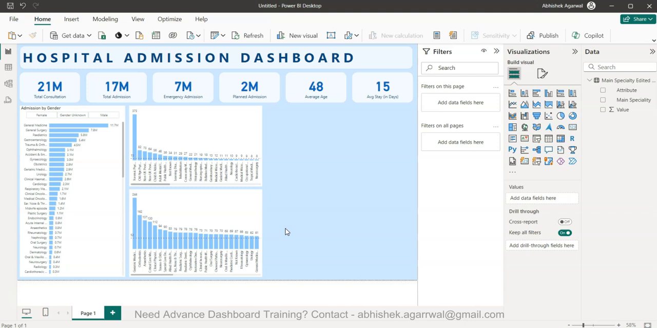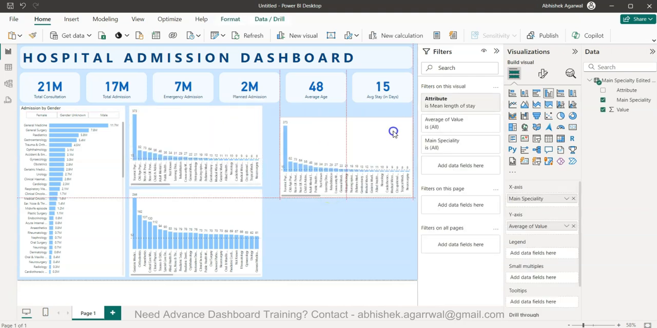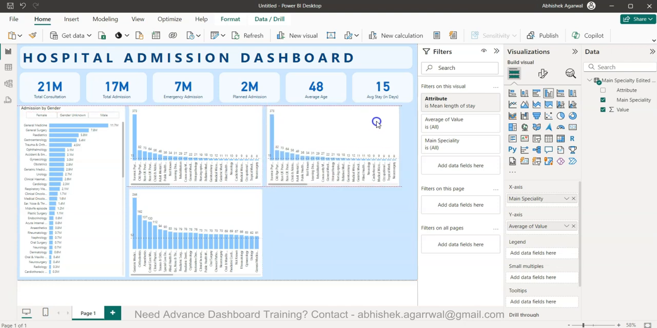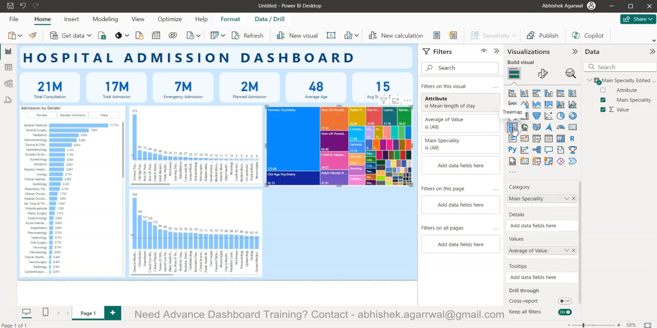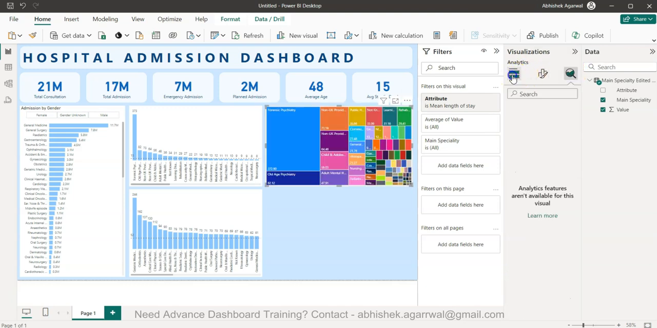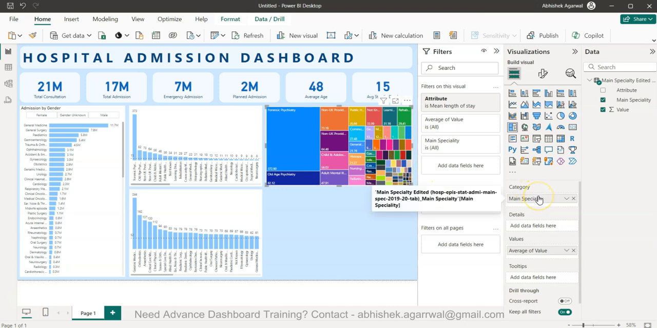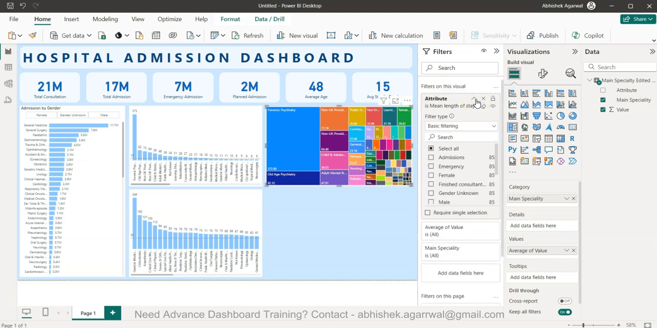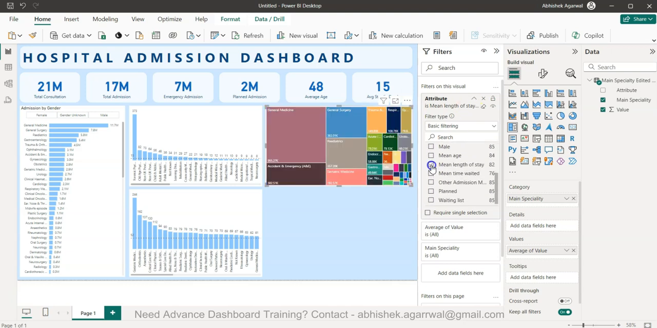All right, once this is done, the next chart we want to create, I'll just copy and paste this chart and expand it towards the right. The chart we want to create is this one, and here we want the main specialty. This will be an interesting one, right? Why? Because what we need is the emergency admission. So that is what I will click and uncheck that,